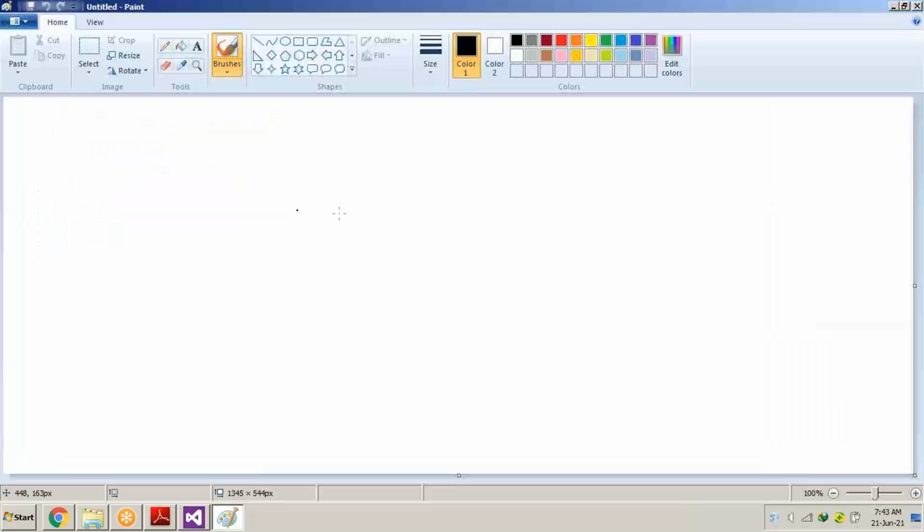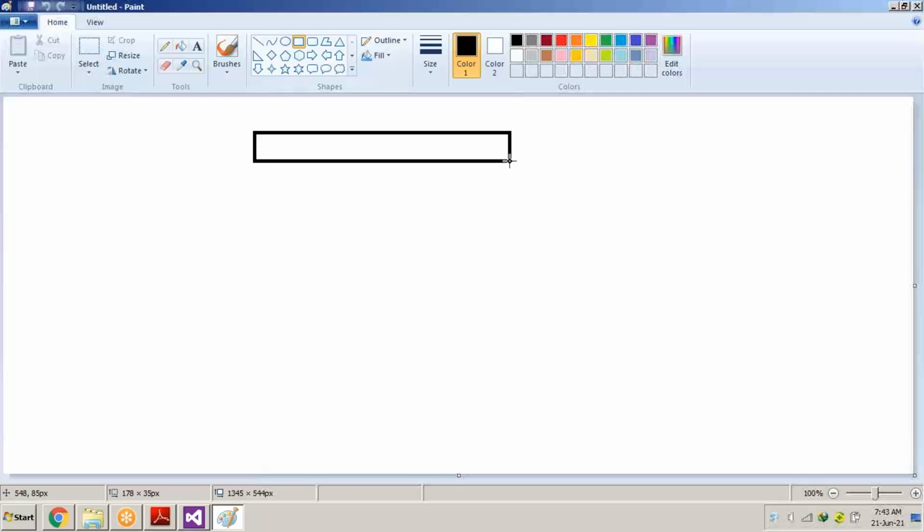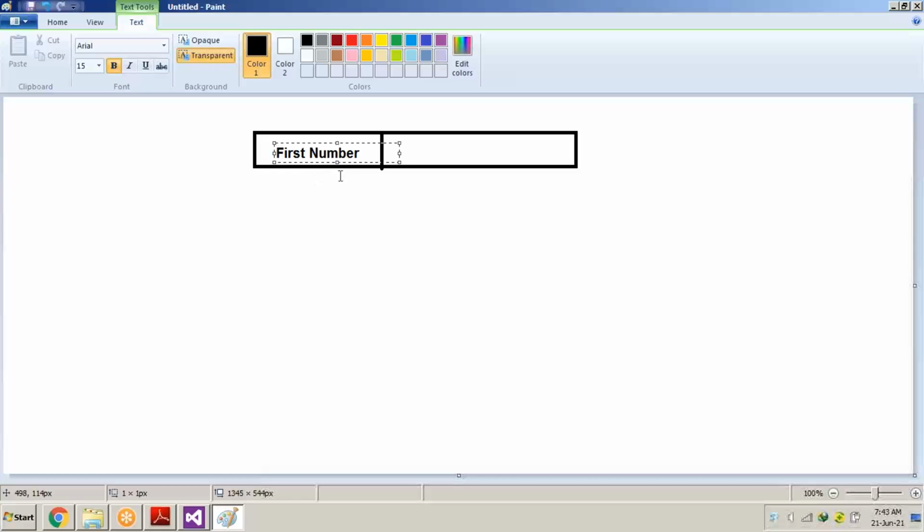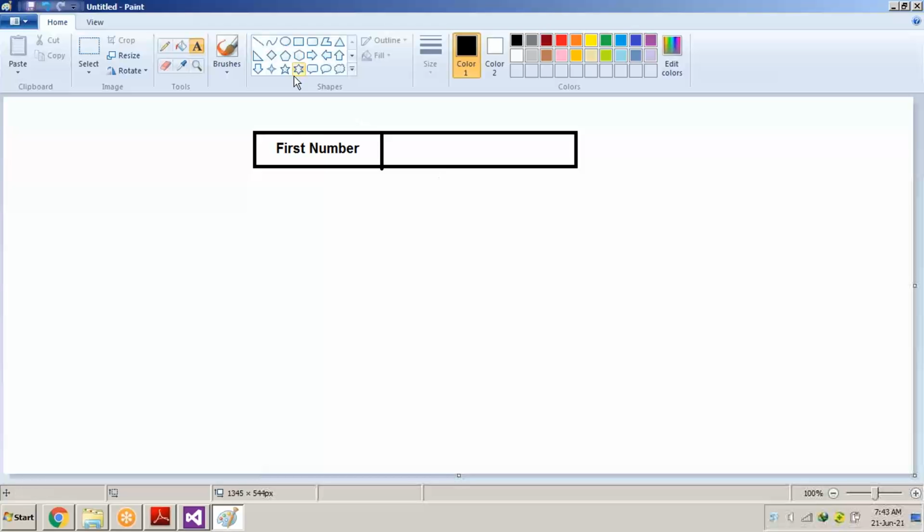We will be creating a table. In TR, we will be designing two TD. The TD will have number, and in the other we will be using a text box.